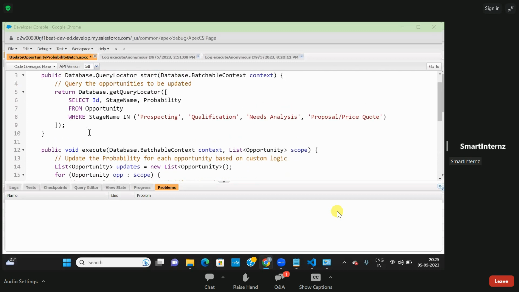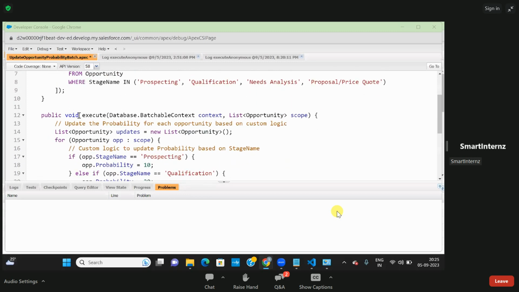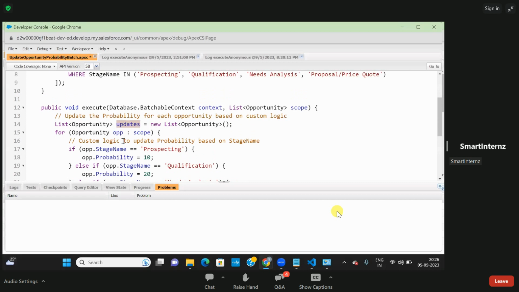So here you can see till here, we have written a simple query. Then we have used the execute method over here, and in that execute, we are simply taking one variable as a scope. This time we are using this list of opportunity and using the scope as a variable. Then here you can see the list of opportunity. I'm using one variable, and why I'm using this variable, you will come to know below, to update